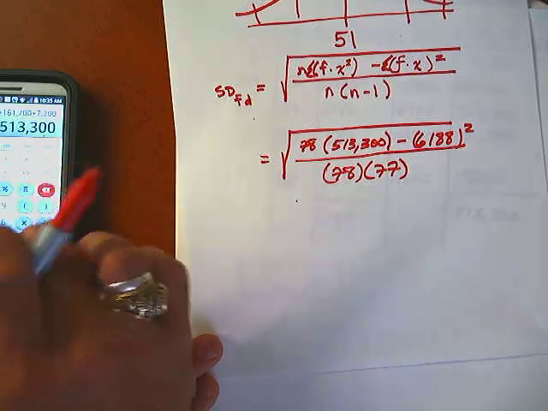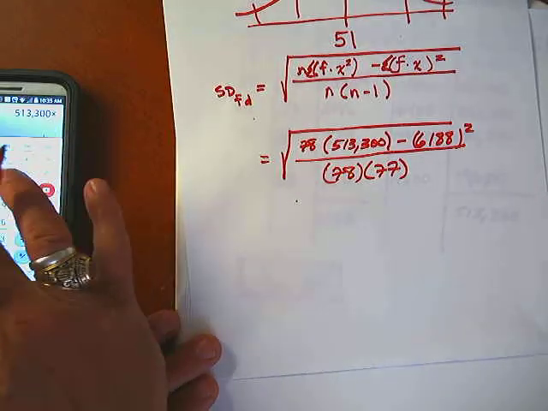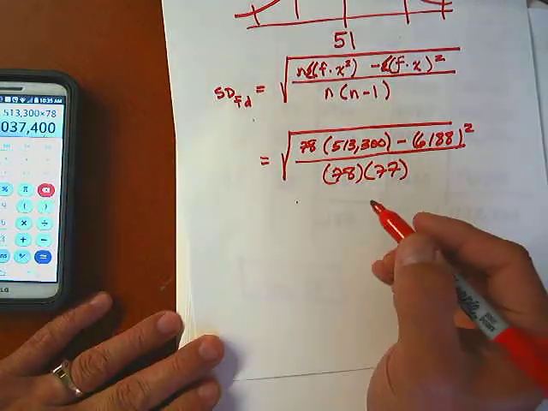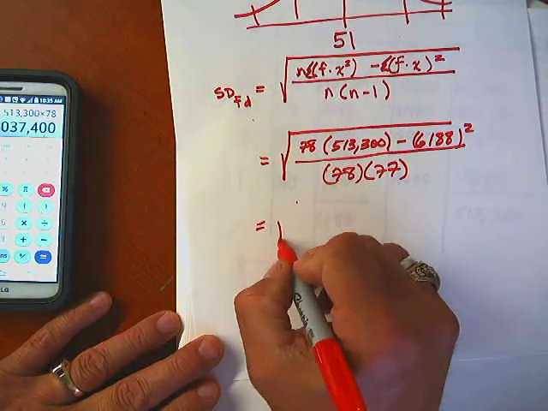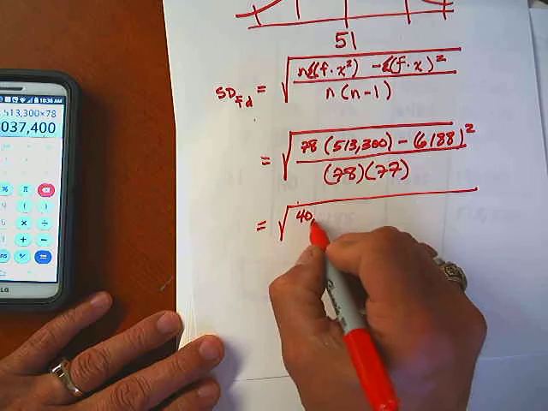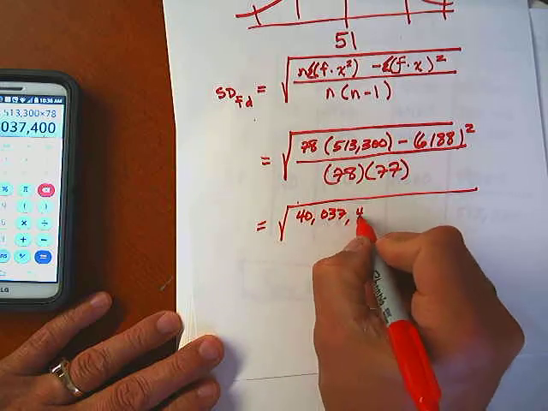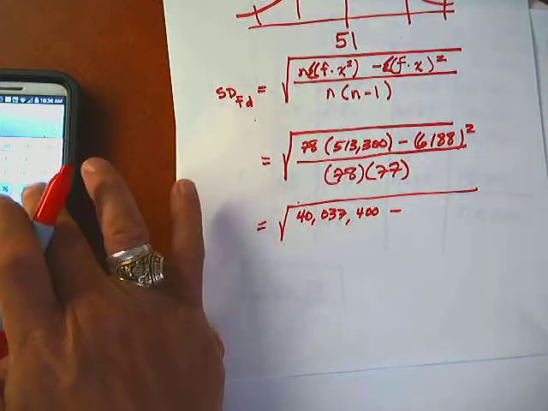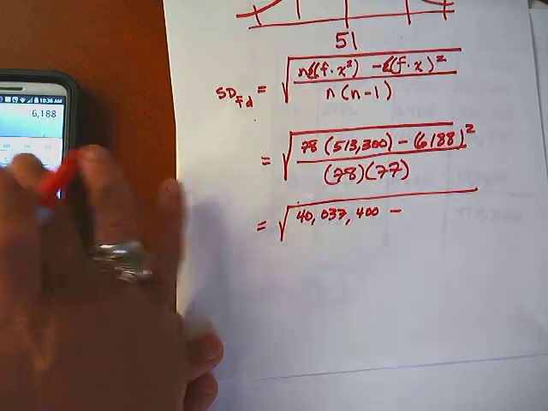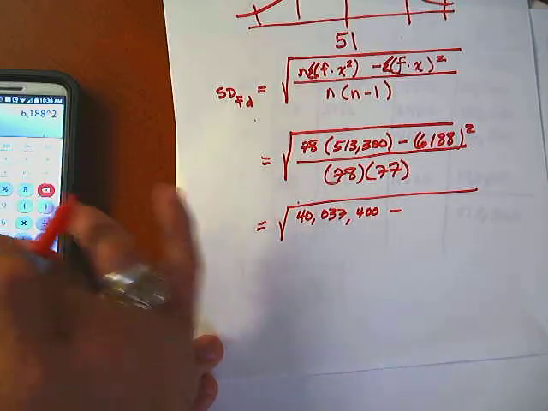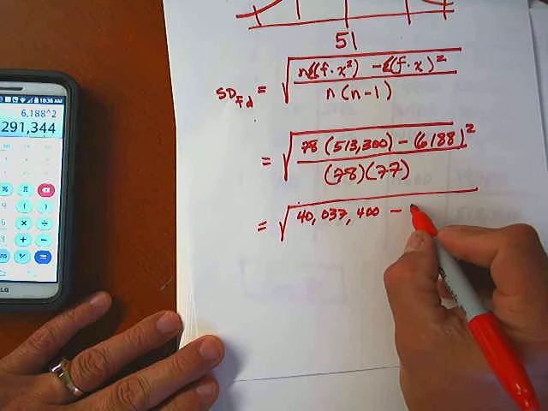So I'm just going to write this out for you. So the square root of n, which is 78, times f times x squared is this number right here, minus f times x, which is 6188 quantity squared,